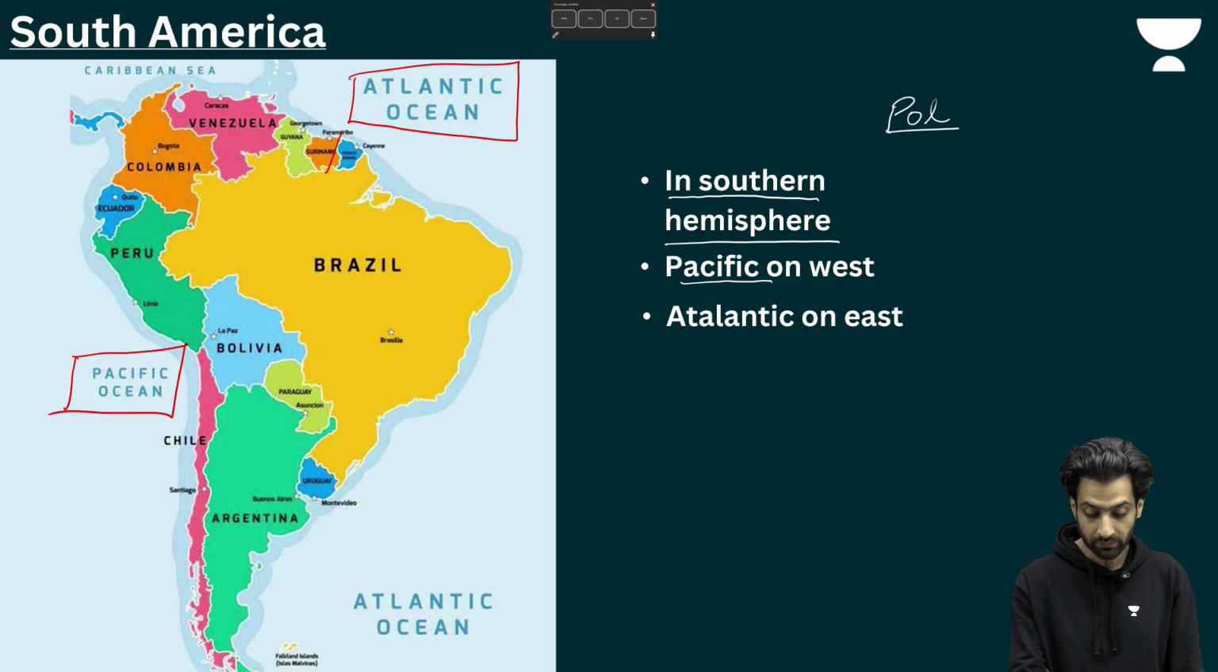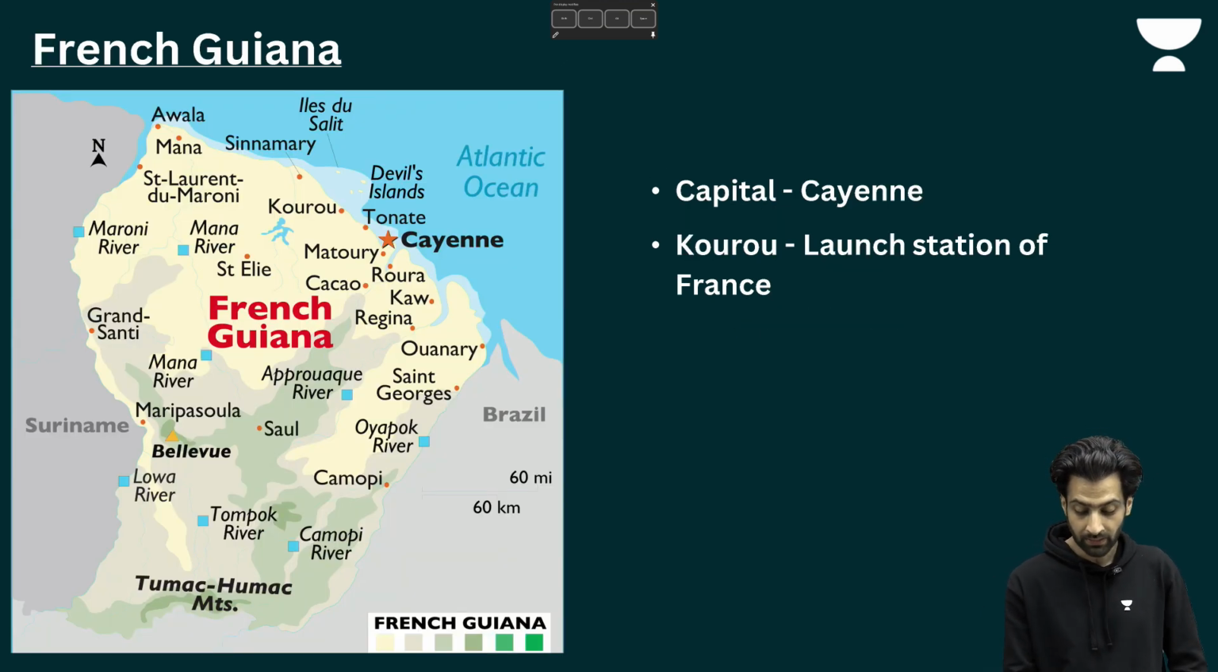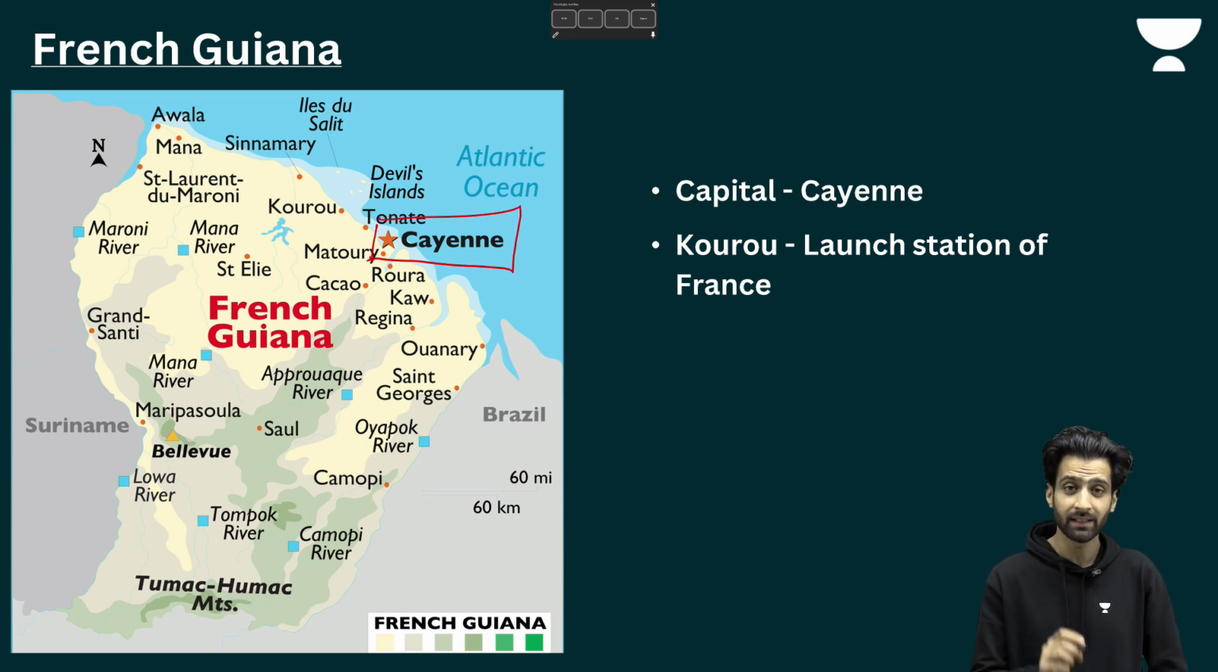I mean to say it is this part of the continent that I have highlighted here. French Guiana. We'll be starting with French Guiana. Now, French Guiana has a capital called Cayenne, Cayenne. You should know the capital because you can easily get a question for match the following and then